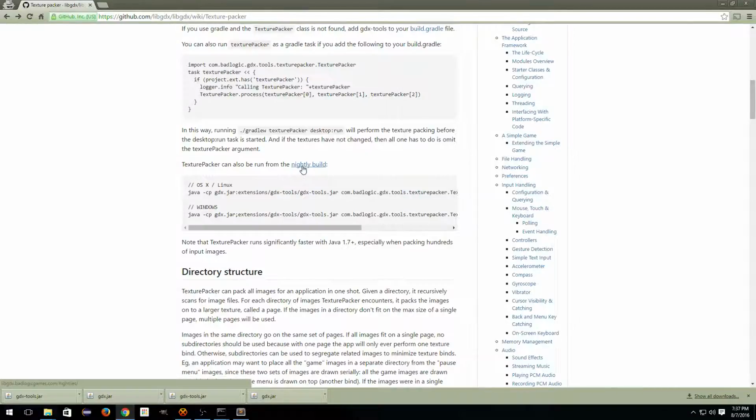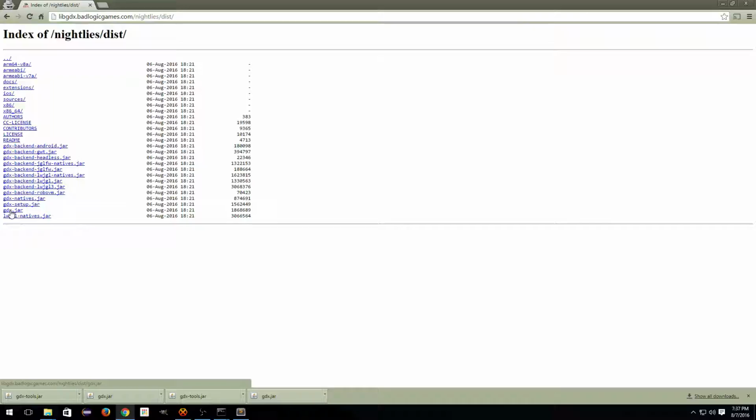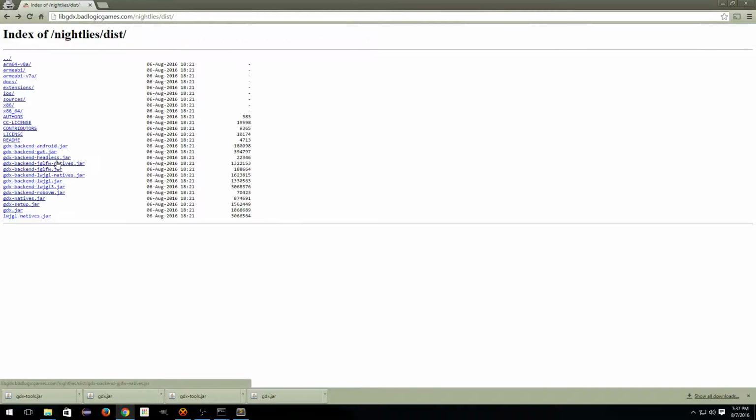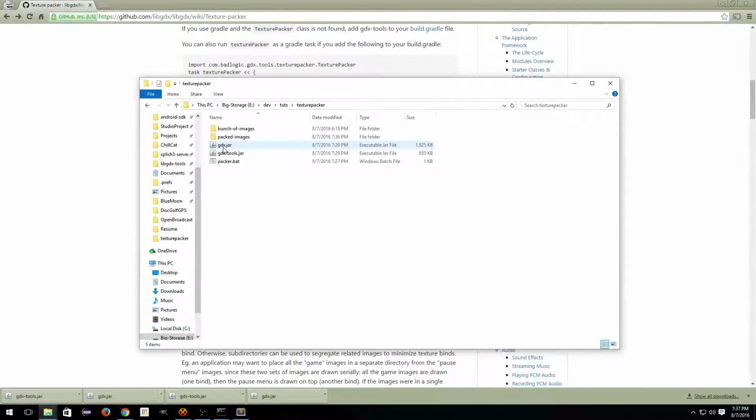So let me click on this link, nightly build, and in here you're going to go to dist and you're going to download this gdx.jar file and save that somewhere on your computer. Once that's done, you can go to this extensions folder, gdx-tools folder, and you need to download this gdx-tools.jar as well. So once you have those, I've already put them in this folder for this tutorial. So here they are, gdx.jar and